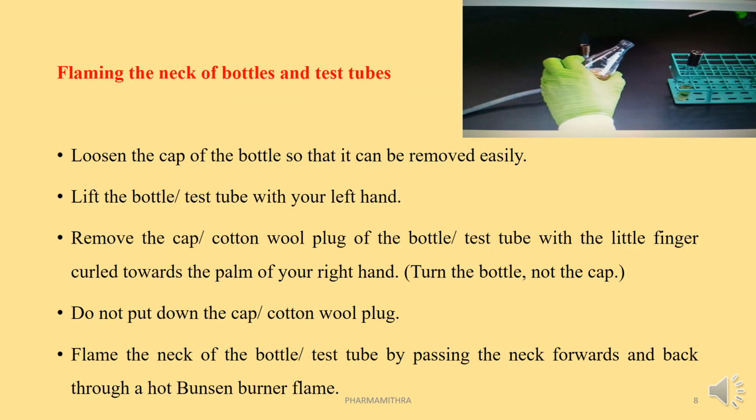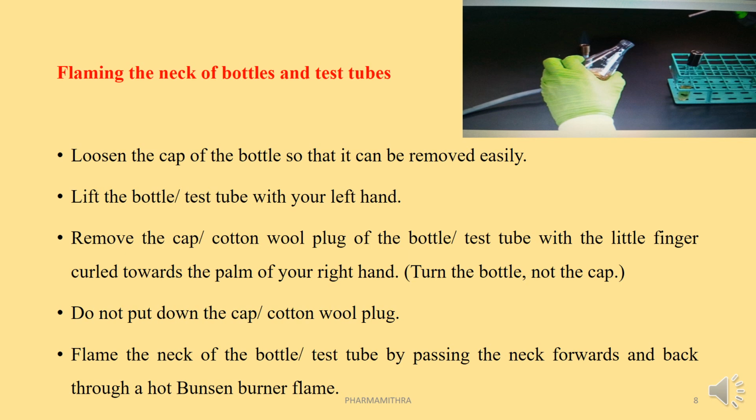Next, we are dealing with how to handle a bottle, test tube as well as the conical flask. This is the diagram of using the conical flask. First of all, we want to ensure that no microorganism enters the mouth of the vessel to contaminate the culture medium. For that, we pass the mouth of the bottle above the flame, which will produce a convection current and help to prevent contamination.